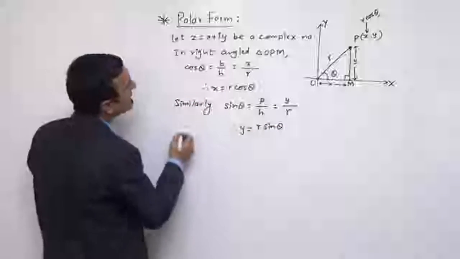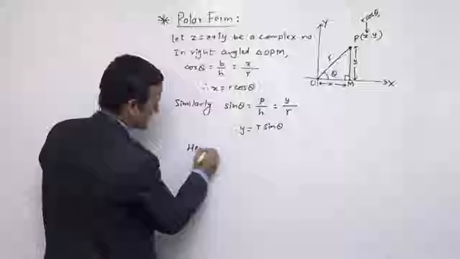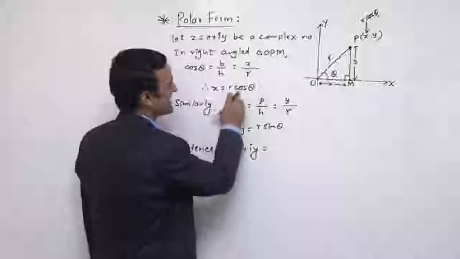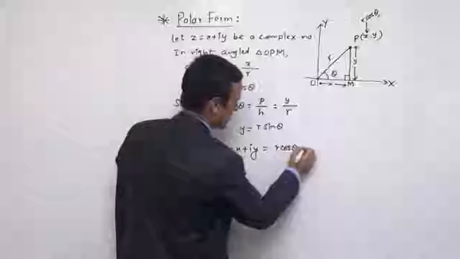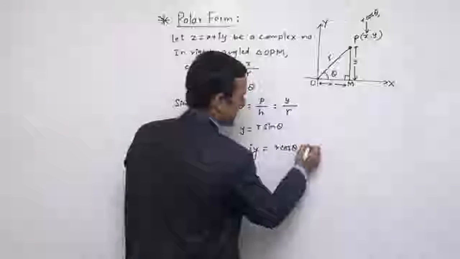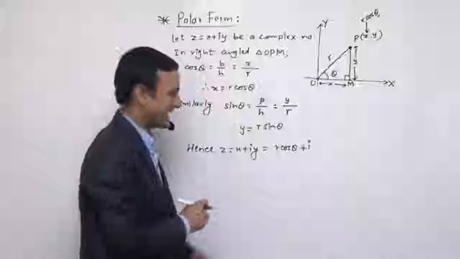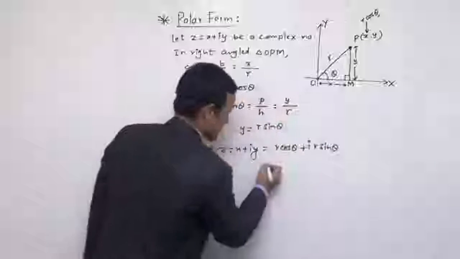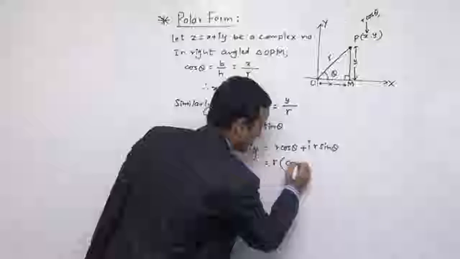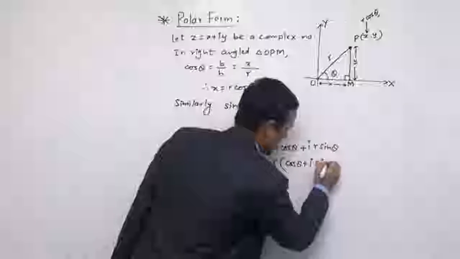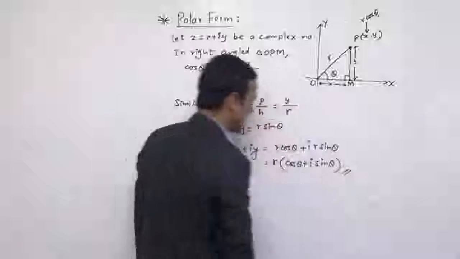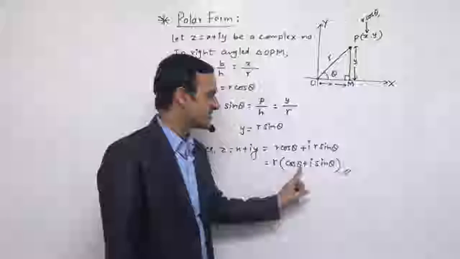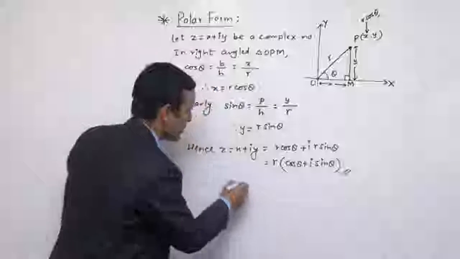So in this way, hence z is equal to x plus iy, and the value of x is r cos theta. So write down r cos theta. This i is same, and the value of y is r sin theta. So r sin theta. So if you take common r from here, then we get cos theta plus i sin theta. So in this way, we can convert x plus iy into r times cos theta plus i sin theta,